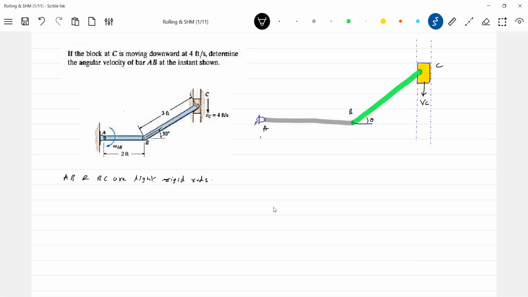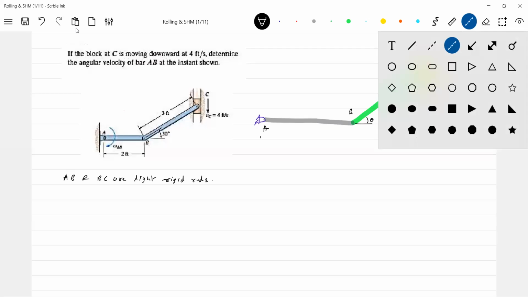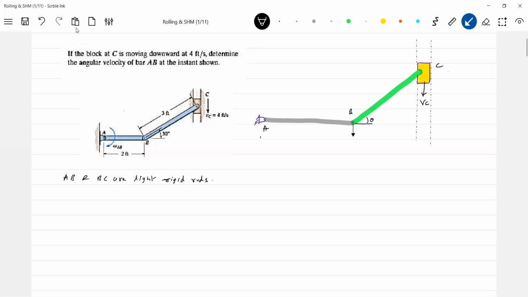We have to calculate the angular velocity of the rod AB. The length of the rod BC should remain constant. So shall we use a constraint equation for that? Let us see how point B will move. I think this is the most important part of the problem. The point B must move vertically down.